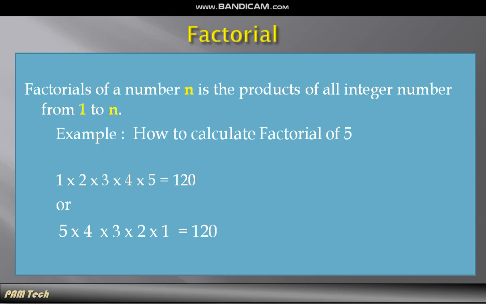Let's understand what a factorial is. The factorial of a number is the product of all the integer numbers from 1 to n. For example, if we want to calculate the factorial value of 5, we just multiply the integer values 1, 2, 3, 4 and 5, and we will get the factorial here. Or you can multiply from 5 to 1, which also gives the same factorial value here. Okay,